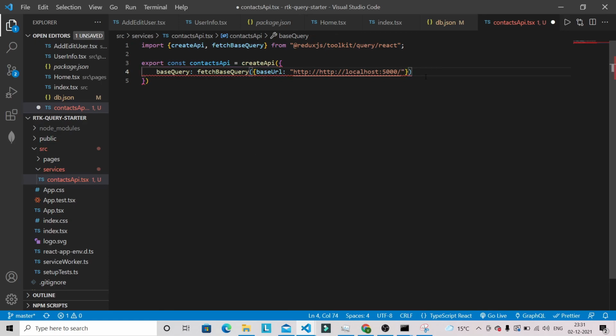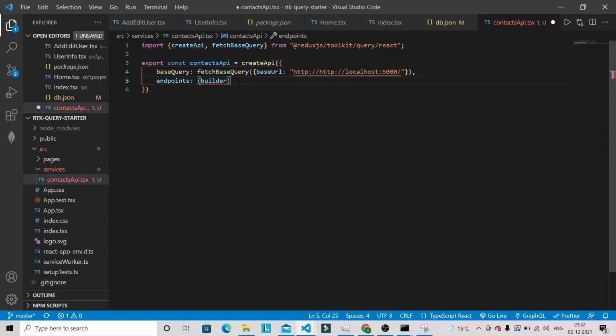And after that we're going to have endpoints. Okay, and in this endpoints we have to write a builder pattern here. And guys, there is not much information available in the official documentation of Redux toolkit regarding this builder pattern.